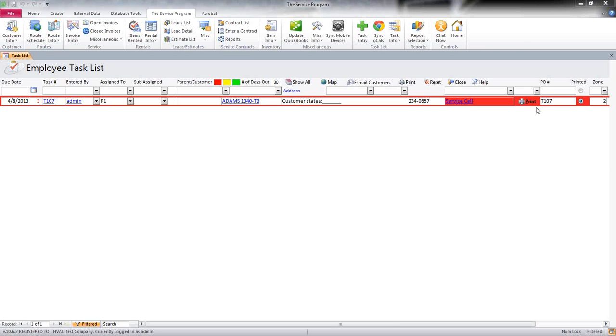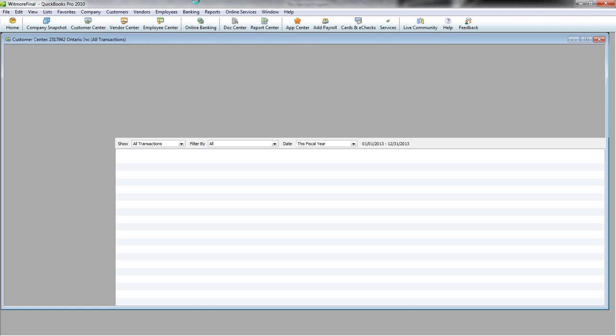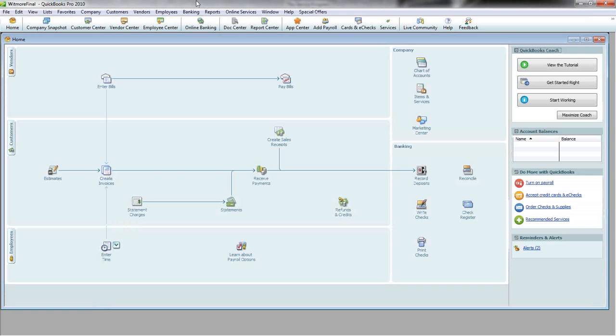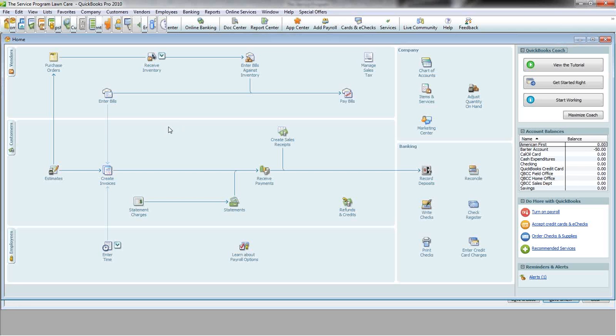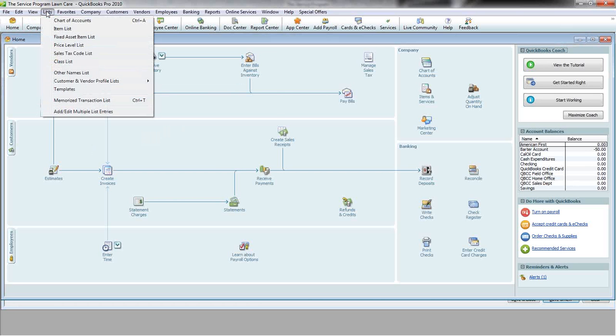Now, what we first need to set up is in QuickBooks, where we have to create a placeholder for the item that we want to rent out. I'm going to open up QuickBooks here. We don't need a physical inventory item for each rental we have. We just need a simple service item that allows us to track that within the service program. The service program is going to be tracking your quantity in stock if you do track serial numbers, and it'll manage everything. So on our QuickBooks item list,